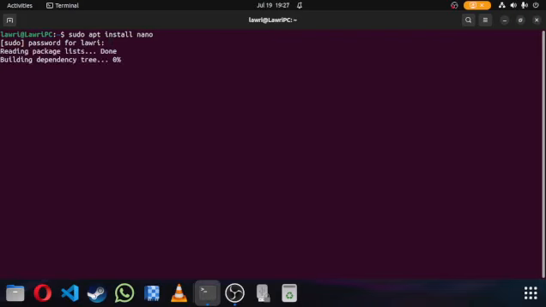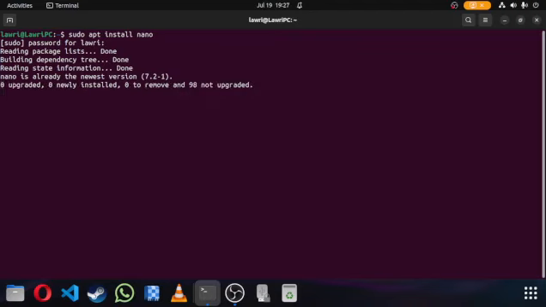we're just going to install it, and enter your sudo password. Well, your user password, I think it is. Make sure you have access to sudo for this tutorial to install it. And as you can see, I've already got it on the latest version. So next we're going to